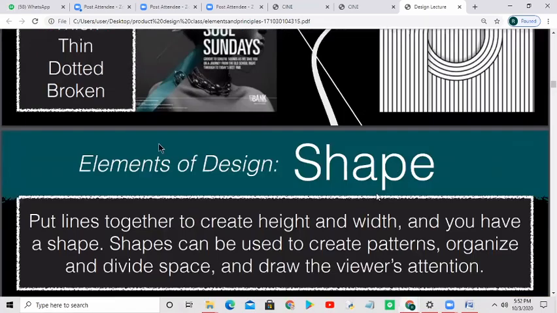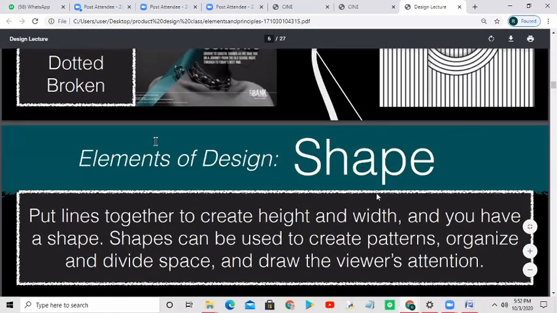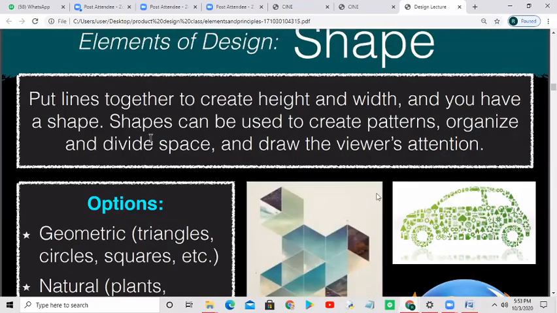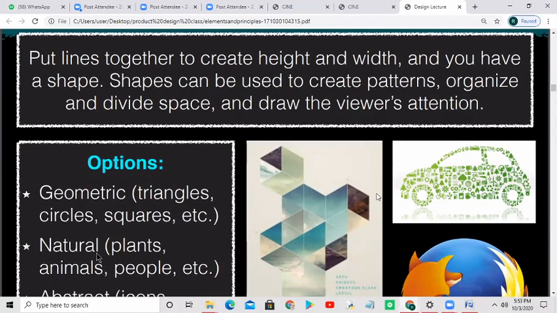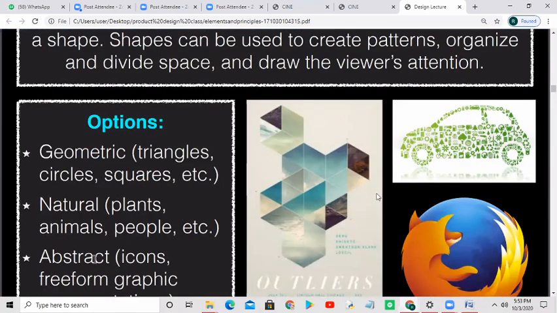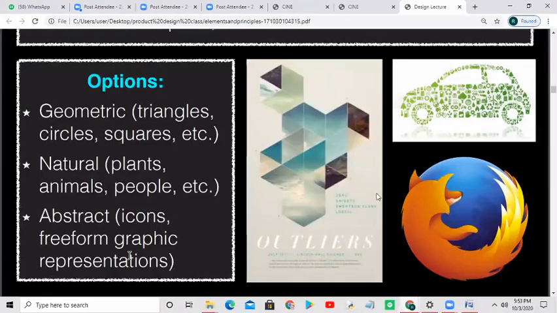The second element of design is shape. When you talk about shape, it's basically creating something visual which everybody relates to. Shapes can be basic regular figures, which we call triangles, circles and squares. They can be natural shapes also, or iconic icons or graphic patterns.